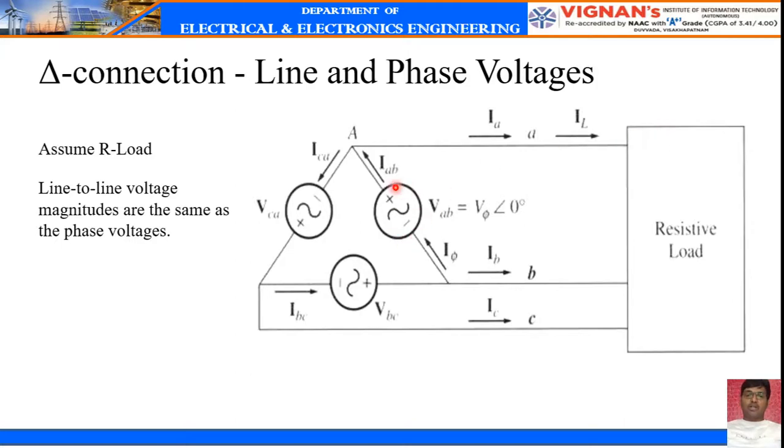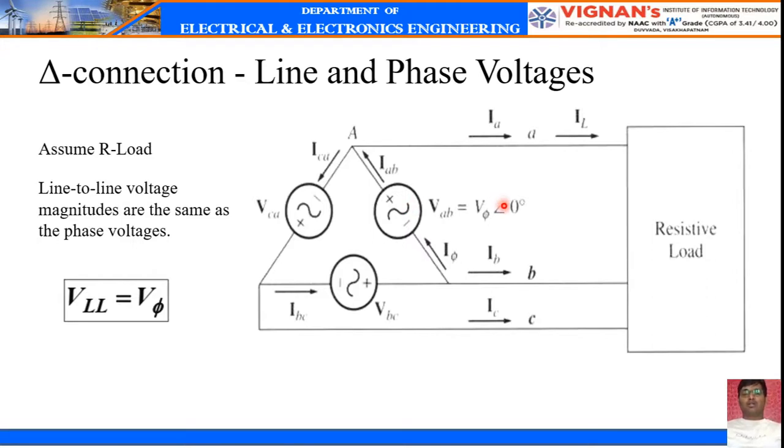If it is an active element, it should always leave the terminal that is positive. Here IA, IB, IC are the line currents of the three lines, line A, line B and line C. Because it is a balanced load, we are taking the phase voltage as VP and the line currents as IL. Clear? Here you can observe that terminal A and terminal B are the same as small a and small b. So that means they are connected in parallel.